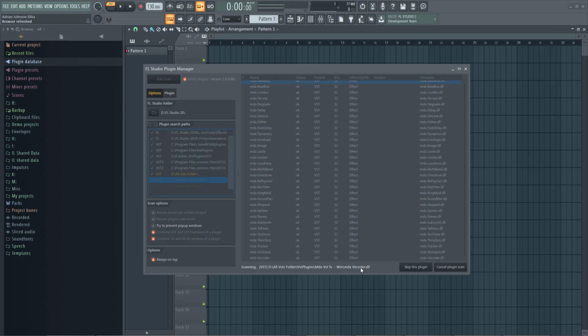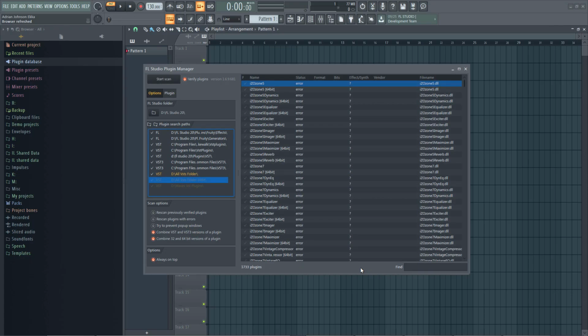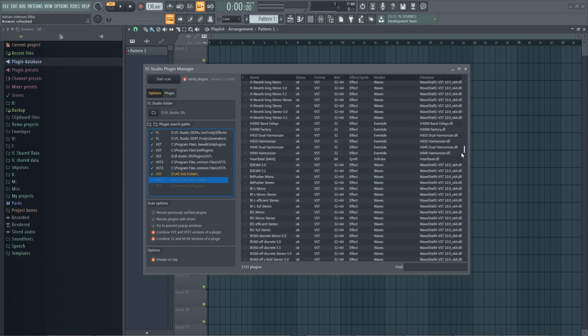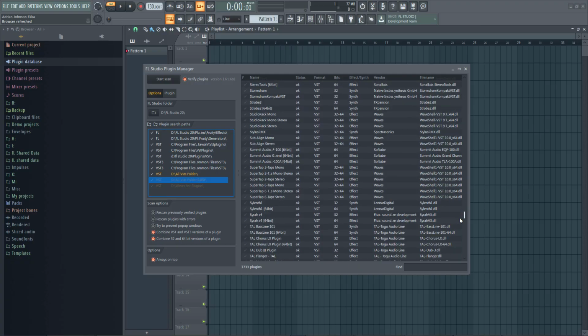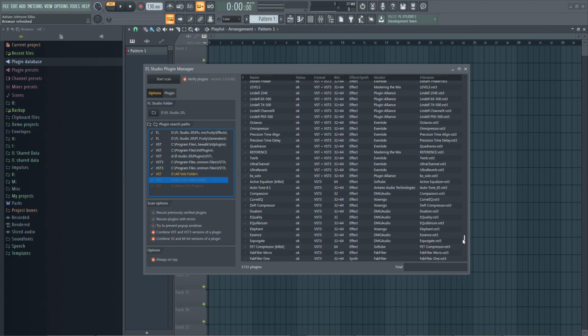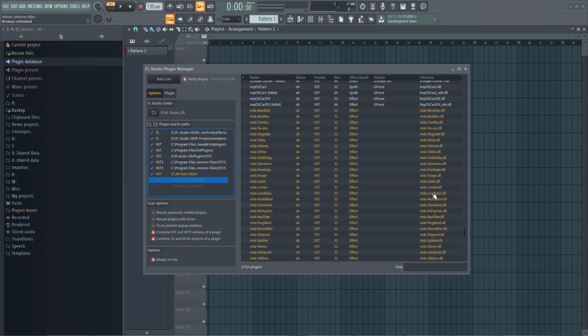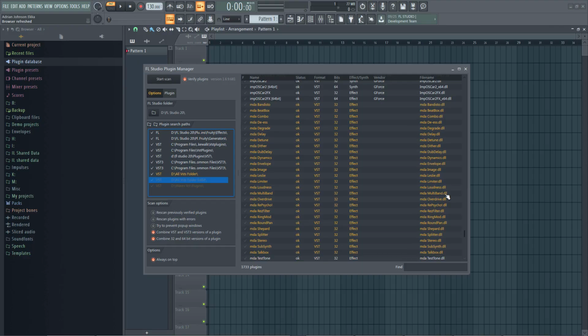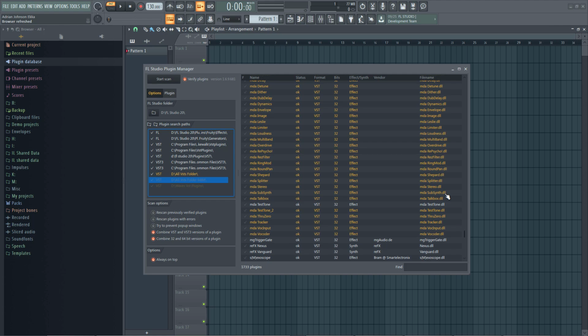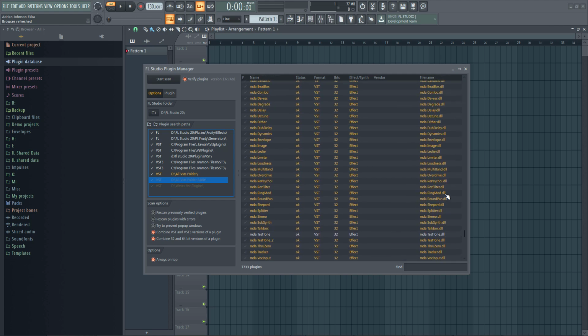I have disabled this folder path just to make the scan quick. Okay guys, as you can all see, all the installed plugins from MDA VST are listed over here in yellow color. So let's move on to step 4 as step 3 is done.